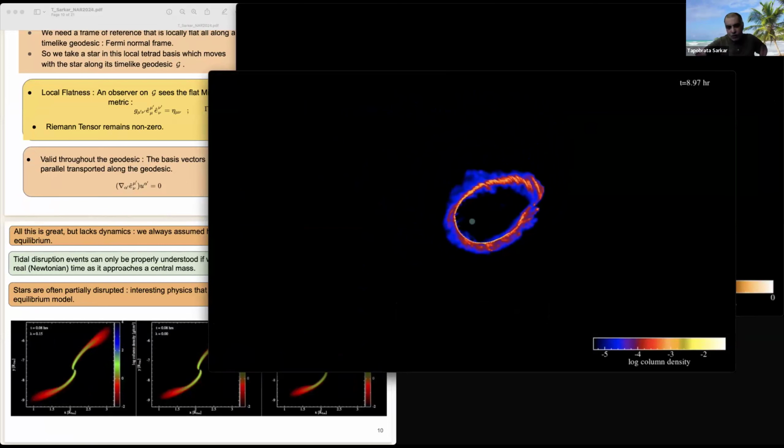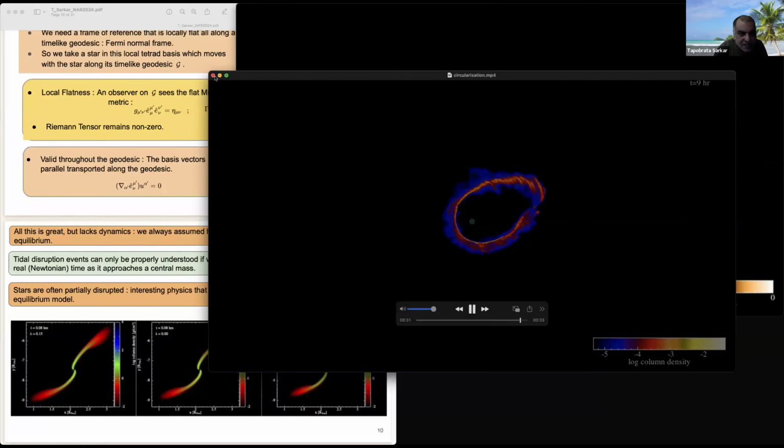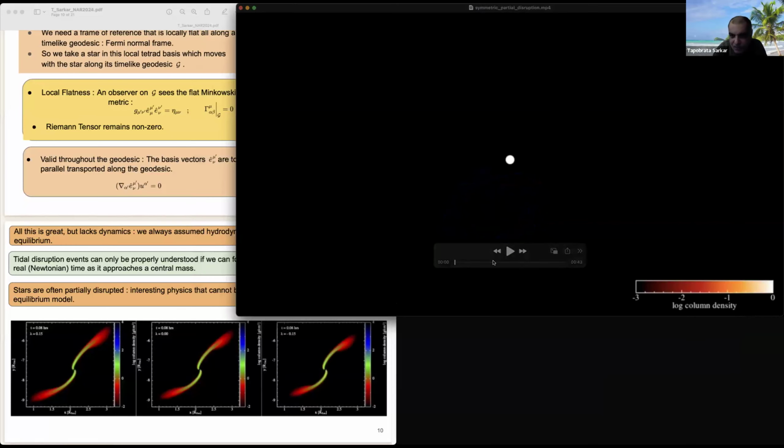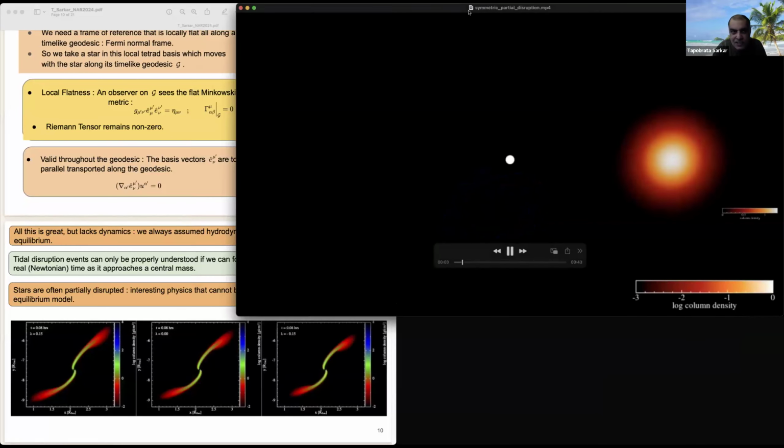There will be this, that, all sorts of things will happen. But finally, this is the type of thing that will happen after a full tidal disruption. In the second one, I'm showing you, see, there is a star which is approaching a black hole. So the shape of the star is shown by this red, yellow, bright color.